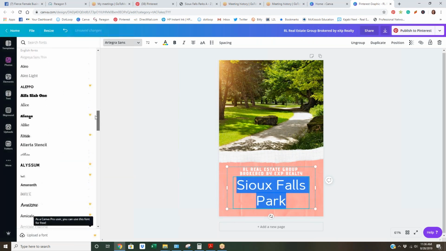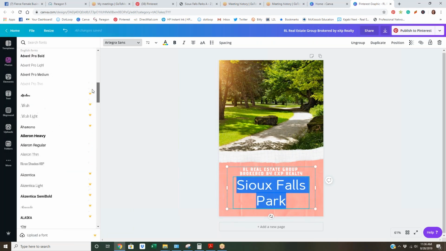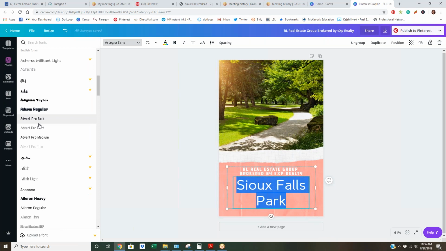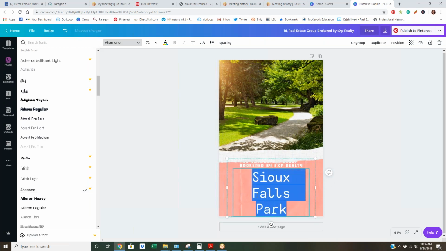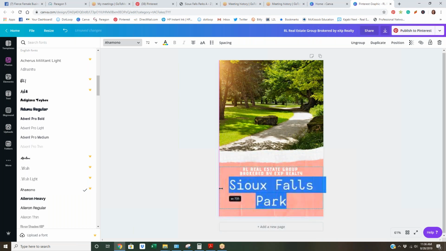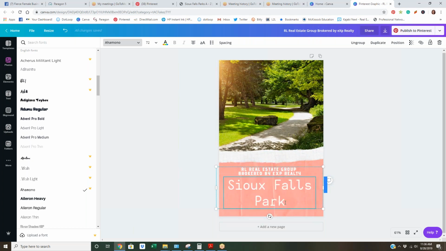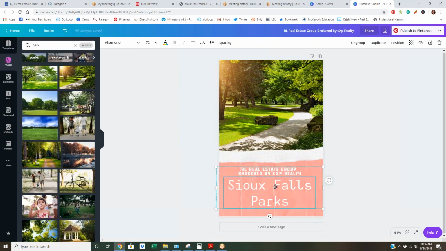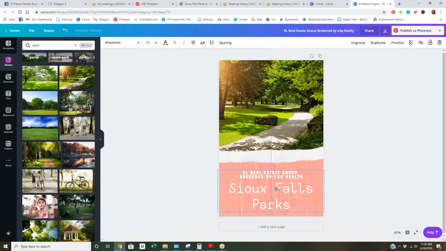Okay, I'm going to go back up and see if there's other ones here that I like. Okay, I like that one. So I'm going to try to stretch this out a little bit. Again, I think I want this all on one line. Well, maybe not. Sioux Falls Parks. There we go. So I'm going to bring this down just a little bit because I want to make sure